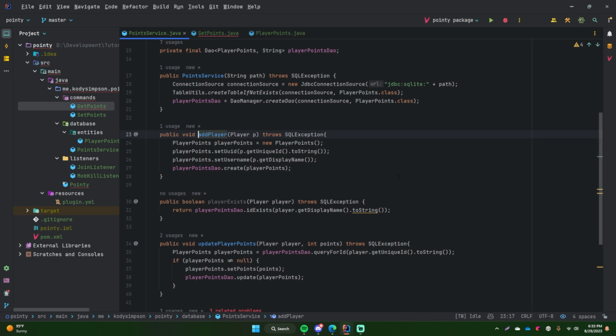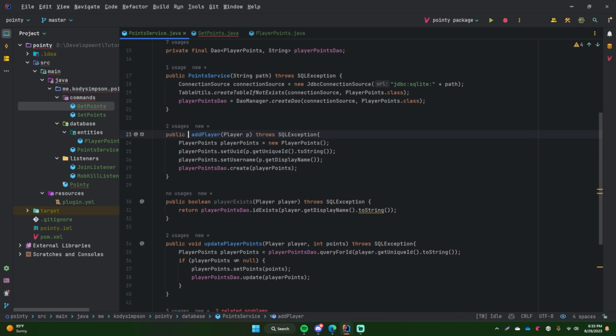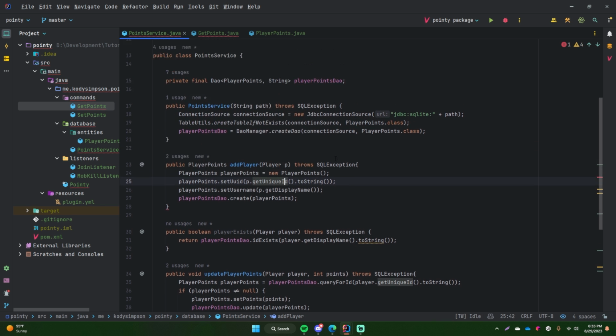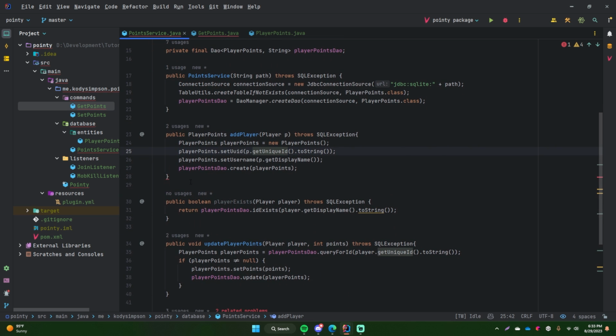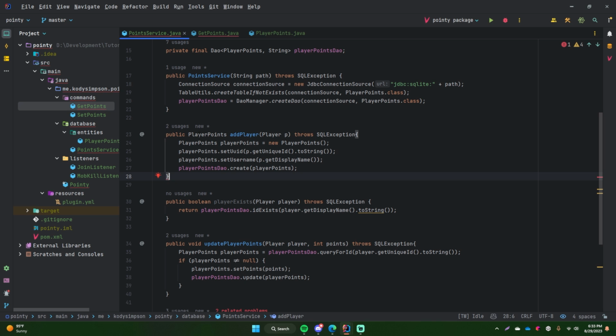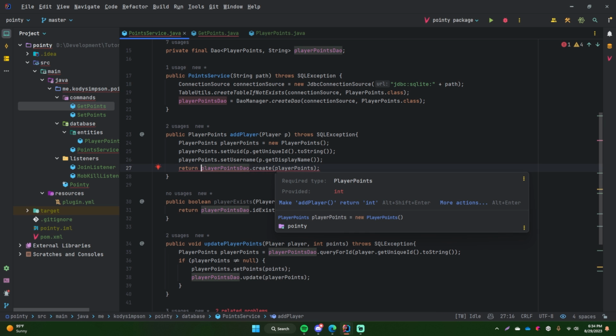So we'll go to the implementation and just change the return type to player points. This is something very common you'll see with services and database stuff in general. Whenever you create a new record in the database, or the table rather, you want to return the new record, because a lot of the time it's going to automatically put the ID for you. In this case, the ID is just going to be set by us, but in many cases the ID is going to be generated by the database directly. So you want to go ahead and return the thing that was just created, because then you could use the ID for whatever you want to do next, okay?